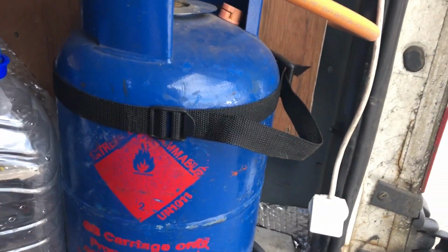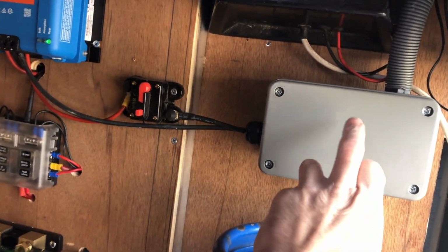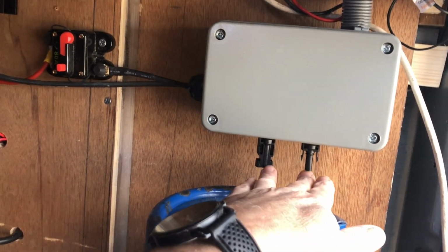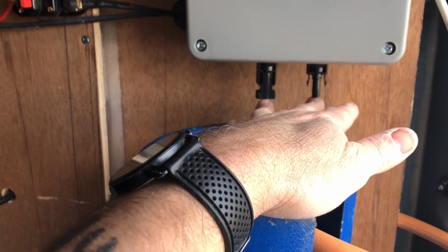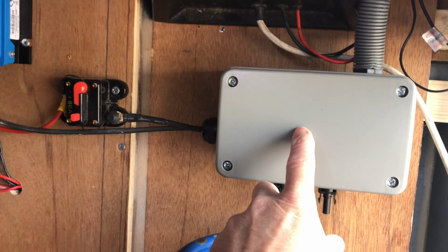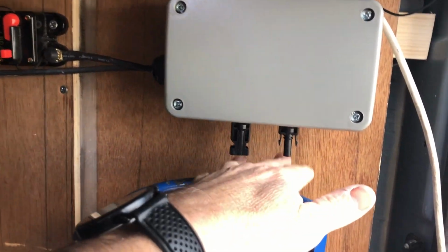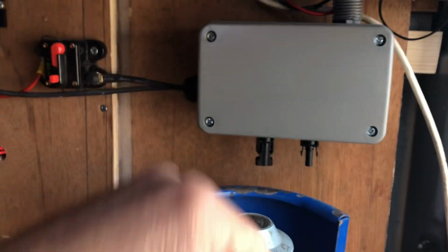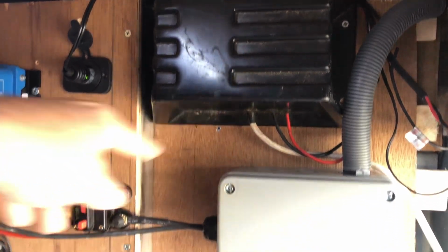Okay, right, this is the back of the van. So, as you can see, gas bottle strapped, bolted, and obviously this here, as I've explained to you before, is an auxiliary input for another solar panel. But what I need to do is put a switch on here to turn it off, like a freeway switch sort of thing, because you can't, not unless it's a matched panel. But anyway, that's another day. So, 240 volt charger for the battery,